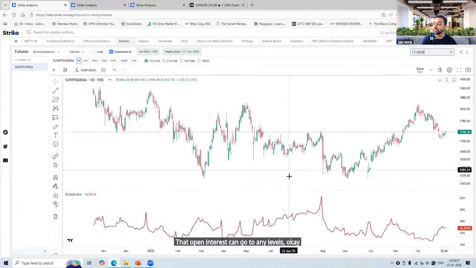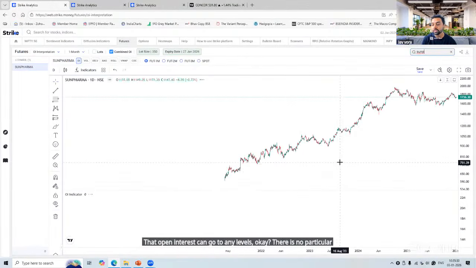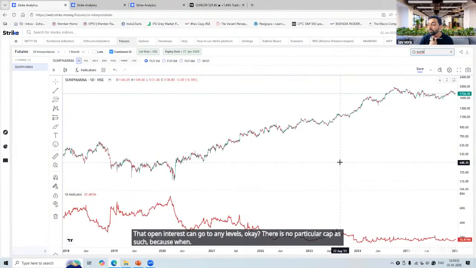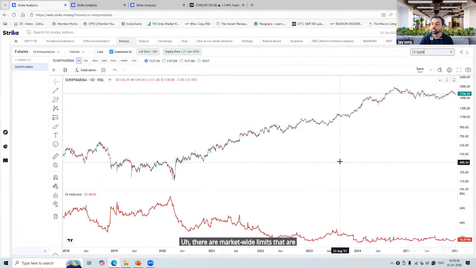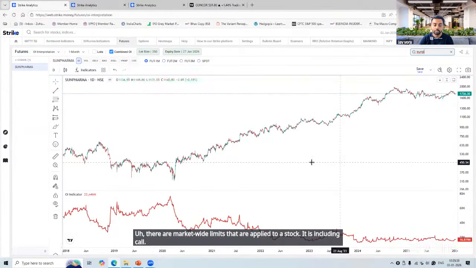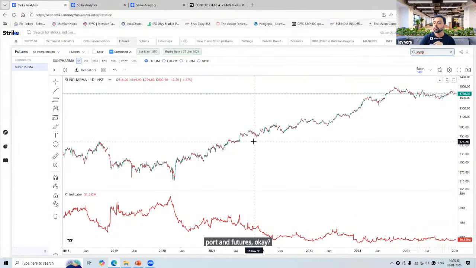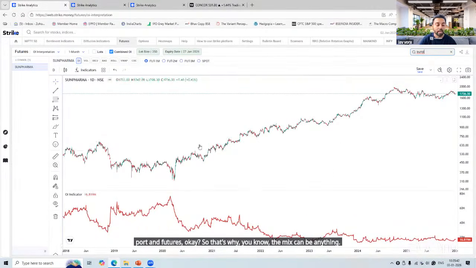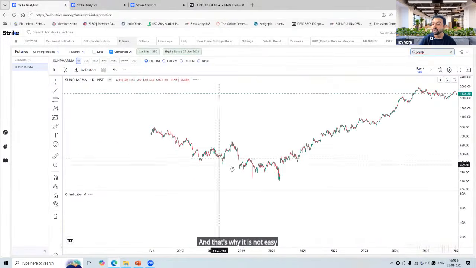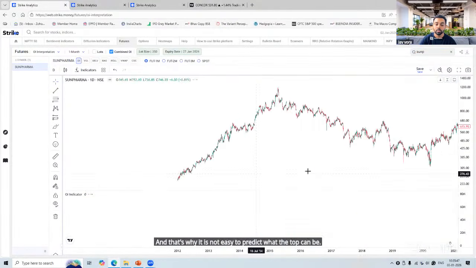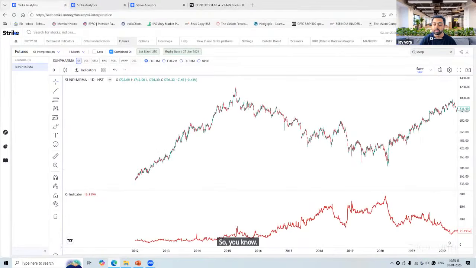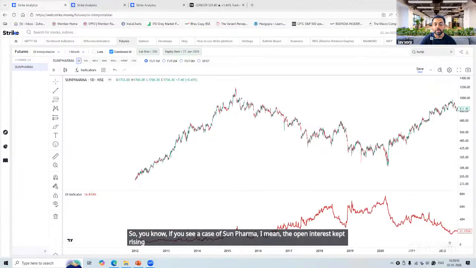Okay, there is no particular cap as such, because when there are market wide limits applied to a stock, it includes call, put, and futures. So the mix can be anything, and that's why it is not easy to predict what the top can be. So if you see the case of Sun Pharma, the open interest kept rising higher in this